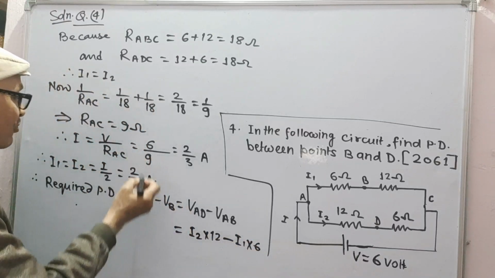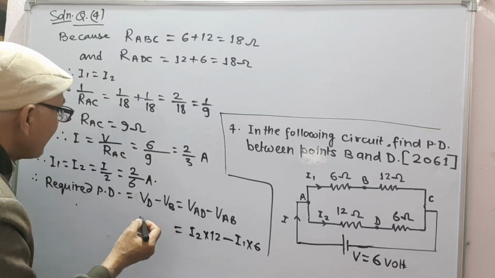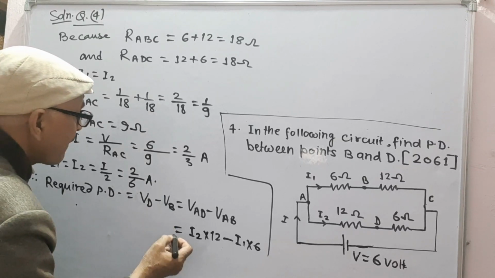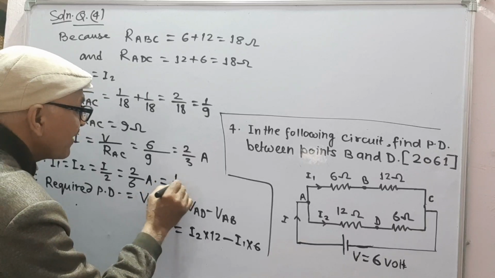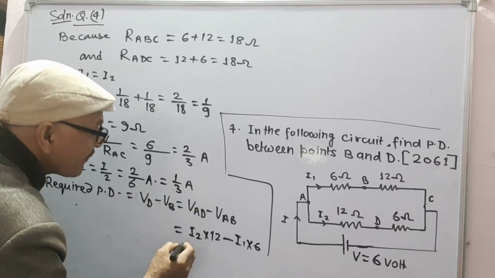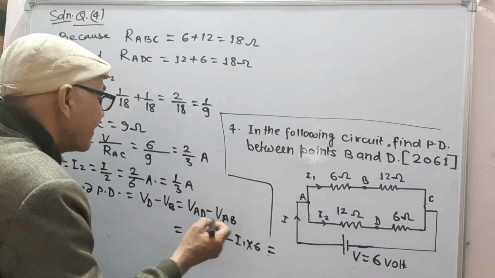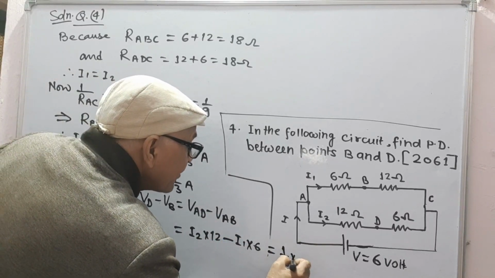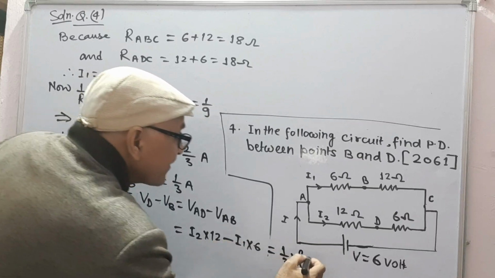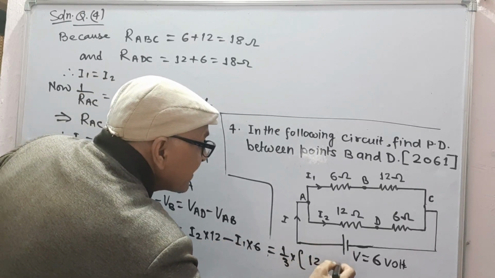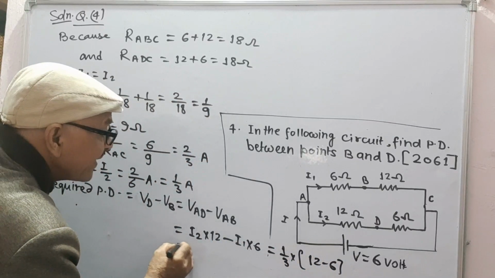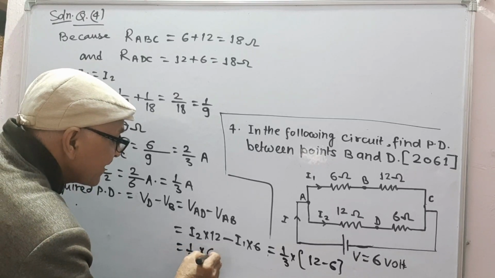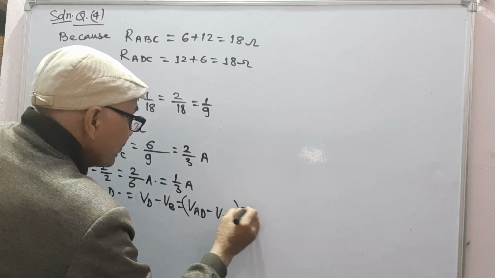I1 and I2 both are of value 2/6, which is 1/3 ampere. Because I1 and I2 are equal, of value 1/3 into 12 minus 1/3 into 6, which will be equal to